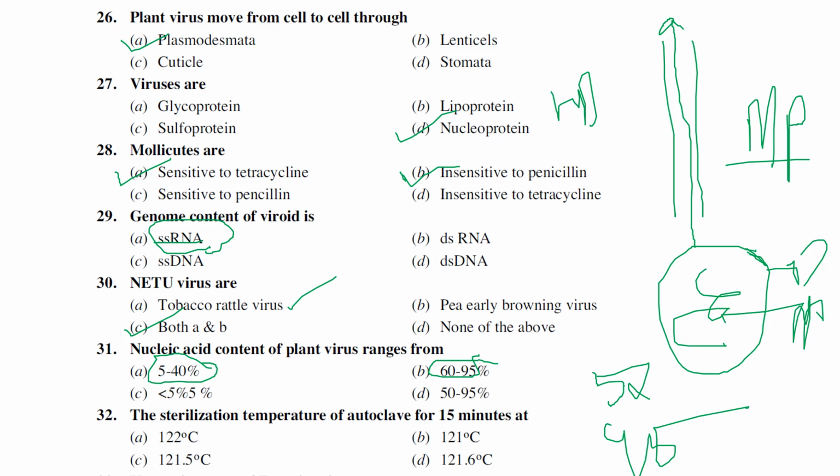So here the nucleic acid is the infectious material of plant virus, where the protein coat only protects the nucleic acid. The protein coat has no other function, but majorly the culprit is nucleic acid only, which actually causes the infection in all plant viruses.